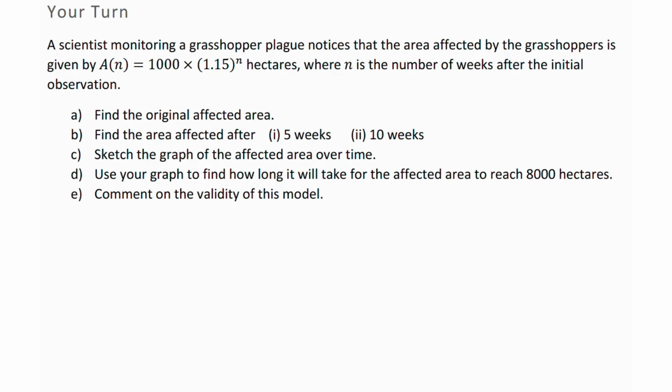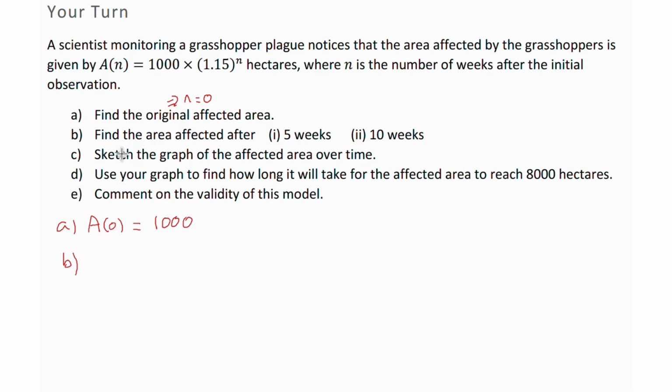Here we have an applied problem involving an exponential function. The grasshopper plague is spreading at this rate, where n is the number of weeks after the initial observation. So A, find the original affected area. Original means n is equal to 0, so we're calculating A of 0. 1.15 to the power of 0 is 1, so it's just going to be equal to 1,000